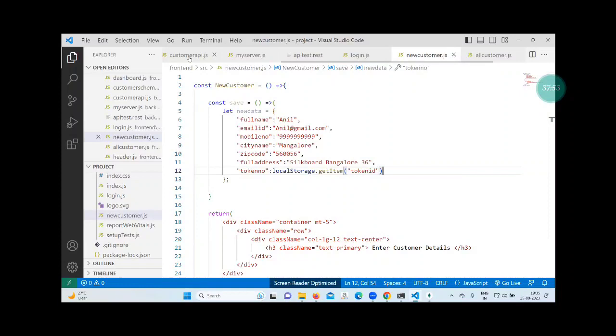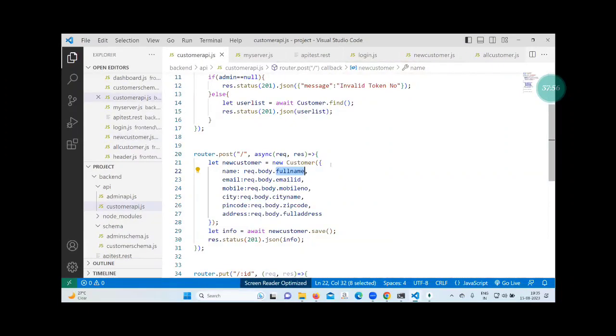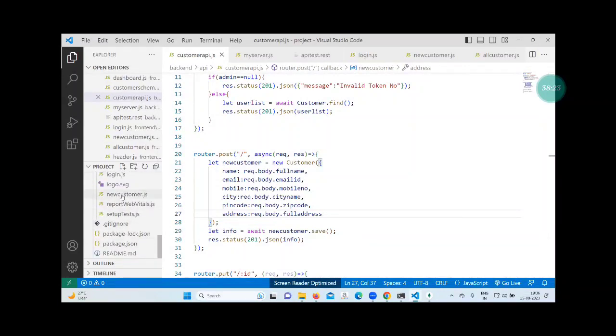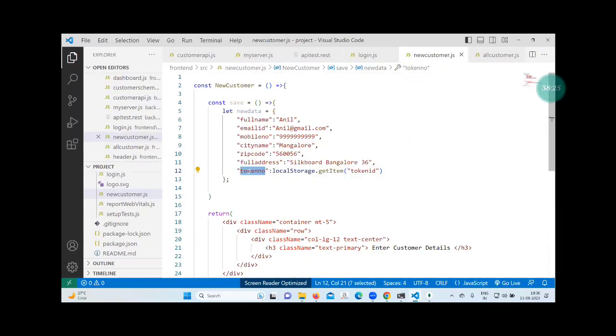Come here. Okay, here, the post method, can you see this? We have written it directly. Anyone can post the data here, right? But before posting and storing in the database, let's confirm that the request is sent by a valid authorized user or not. From the front end you are already sending full name, mobile, everything. Along with that you are sending one more input. Look here, from new customer you are sending one more column, token number, right?